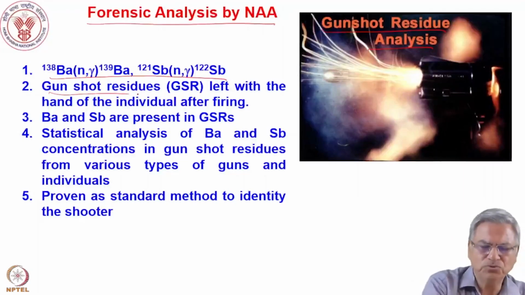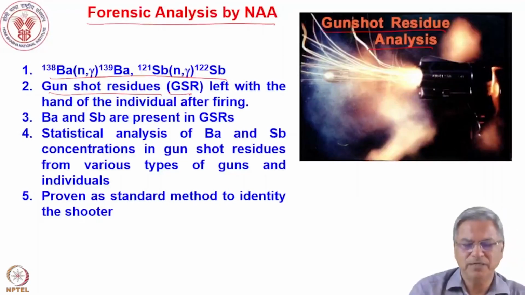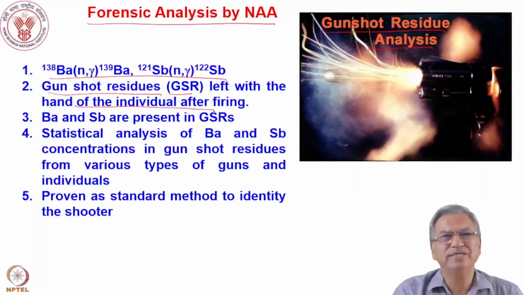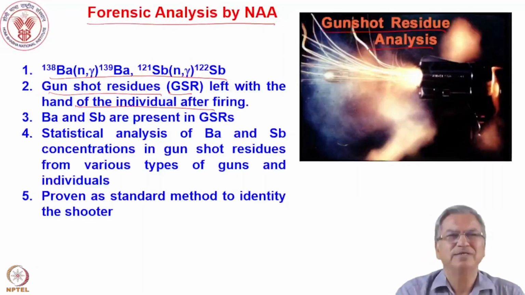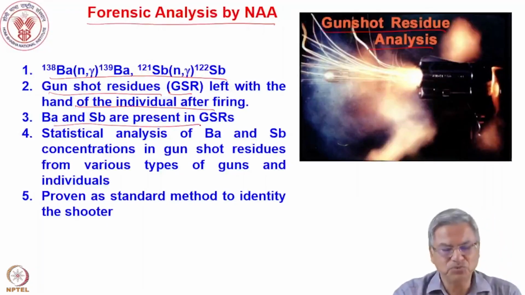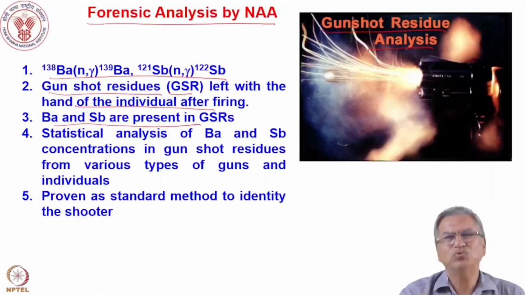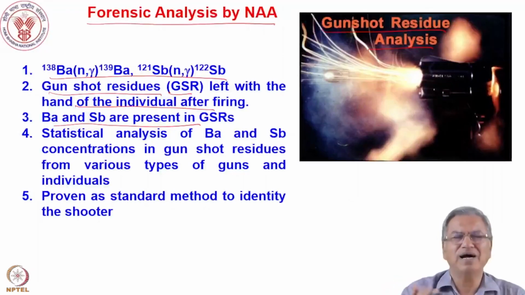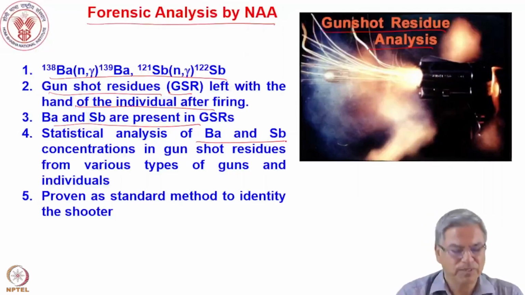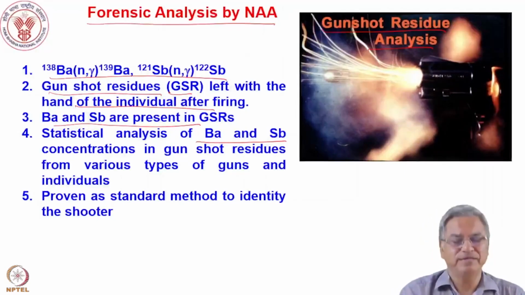Gunshot residue, abbreviated GSR, left on the hand of the individual after firing can be used as scientific evidence for correlating with the person who did the crime. The barium and antimony are present in these residues. For the different types of guns, you can collect data on the concentration ratios of barium and strontium from different types of firing guns and different individuals,